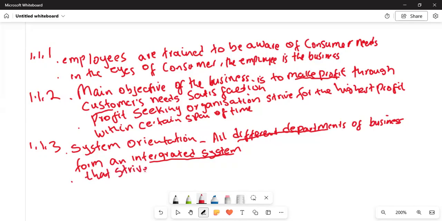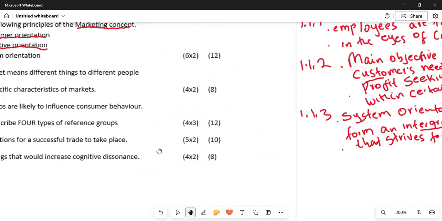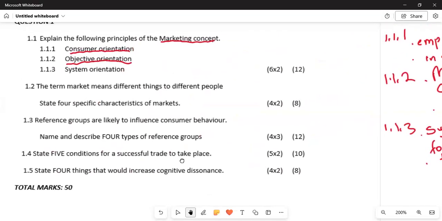That strive for specific objectives, attitudes, and ideas. So that is that. So now we move on to another question, which is